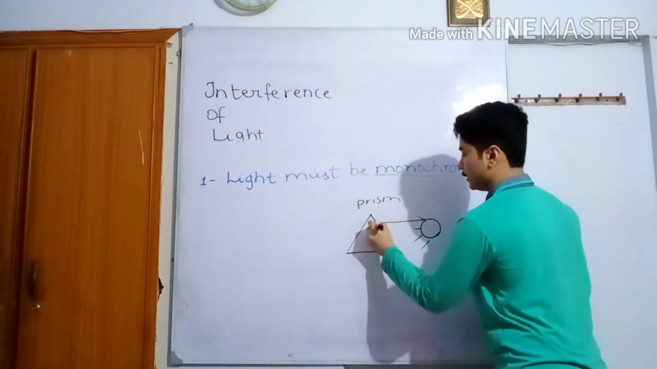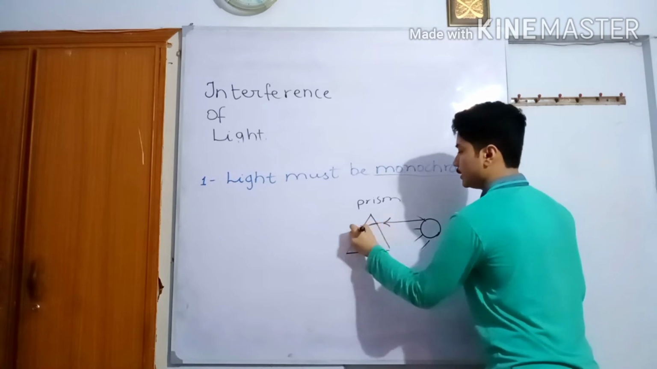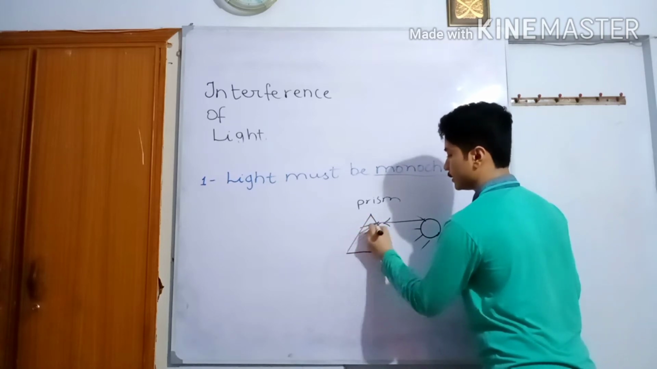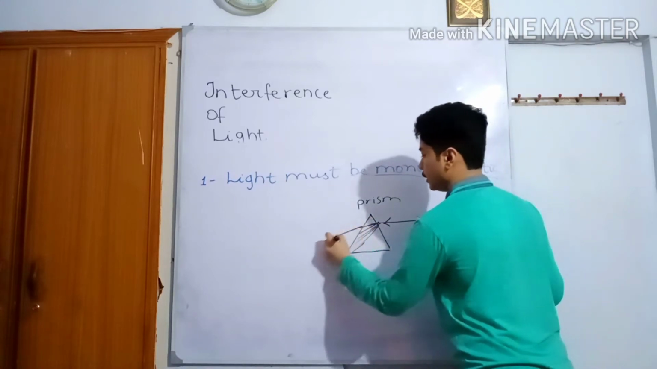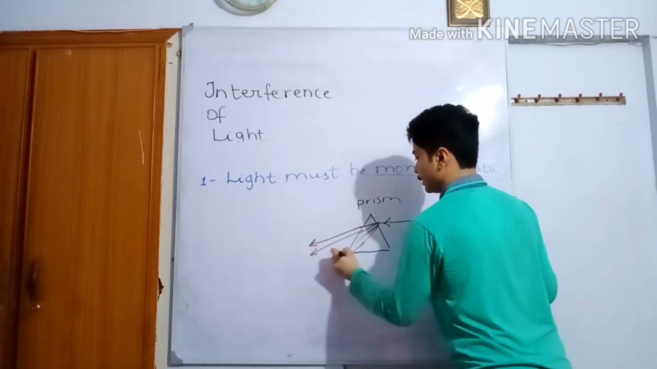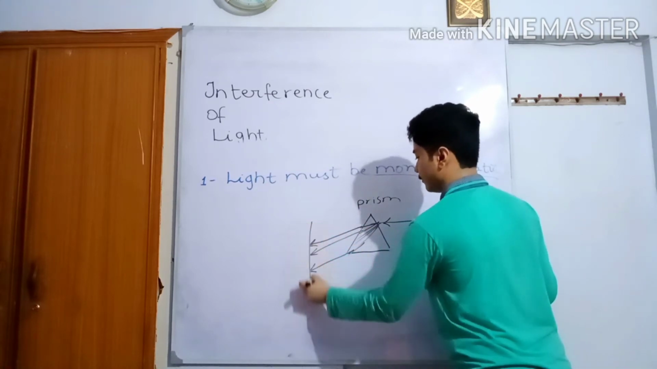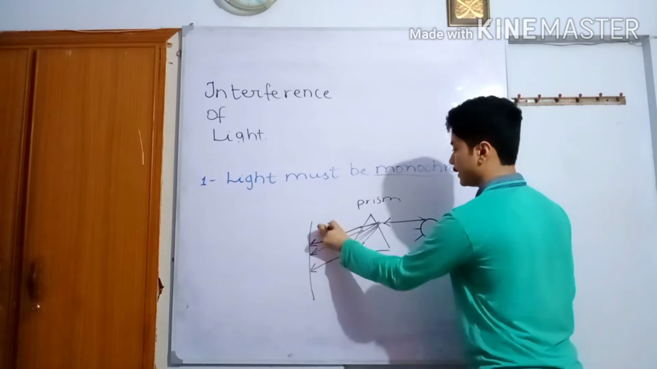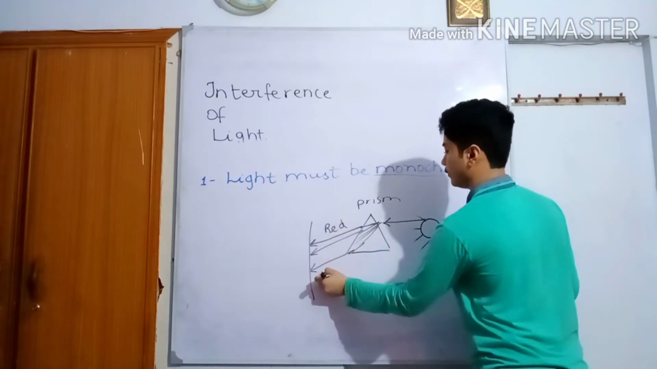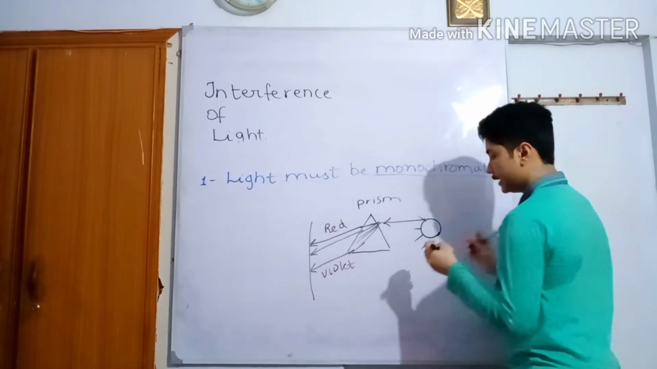this light is going to disperse into 7 different colors. Now I'm not going to draw all of those, but they are going to refract through 7 different colors, starting from red to violet. So as you can see,